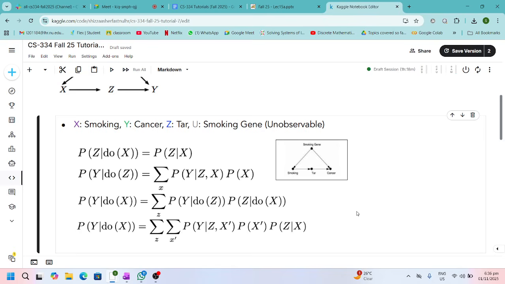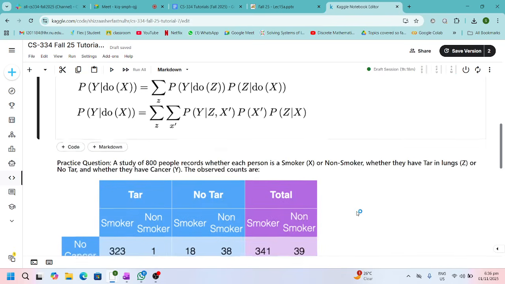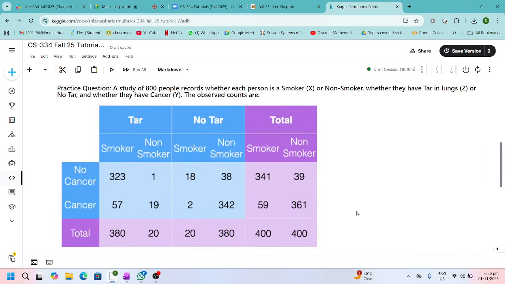Okay, are there any questions? If this is not clear to you still, it certainly will be a lot clearer to you after we